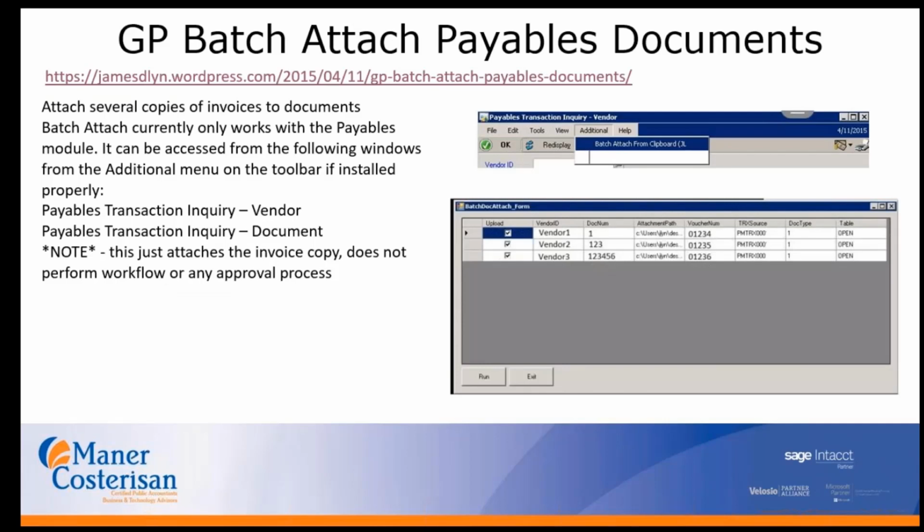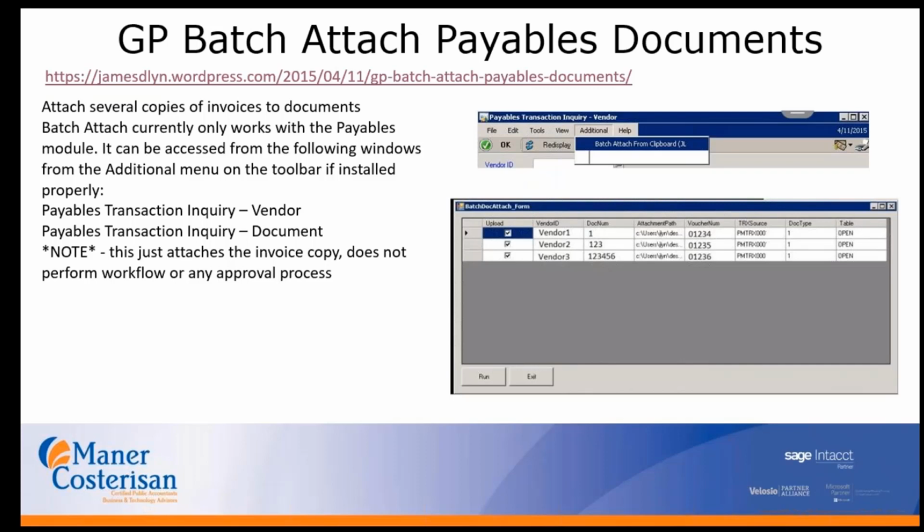On this next one, the batch attach payables documents. Now in GP, you can attach documents to a batch. You can attach a document per invoice. And what this does, though, is it takes it to that different area where you can create a batch. You could integrate a batch, and then before you post that batch, you can attach by specifying, you probably can't see it very well, but the attachment path allows you to specify what document and where it's located